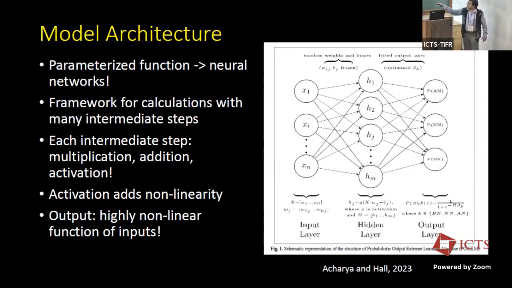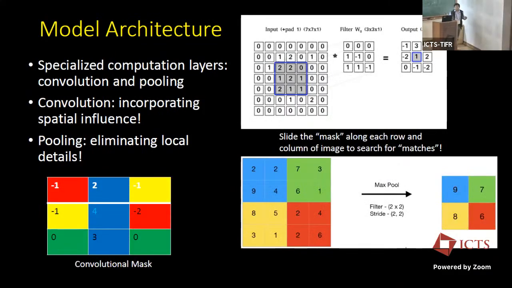So each of them will do essentially the same thing, but in a different way. And then I can have one more layer where I will do the same thing, and so on. So what the neural network is doing is calculating an arbitrarily complex function by reducing it to a few canonical steps, which are sometimes done in parallel, sometimes done sequentially. So the whole calculation is reduced to something like a distributed framework like this. Now, there are some specific types of neural networks which are called convolutional neural networks.